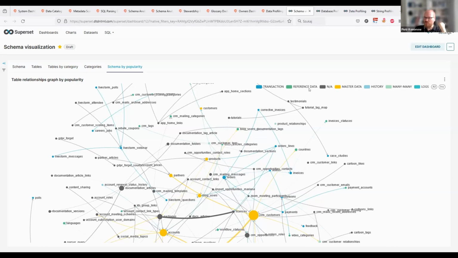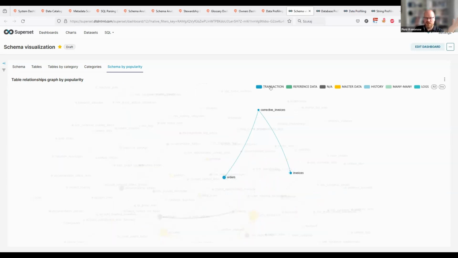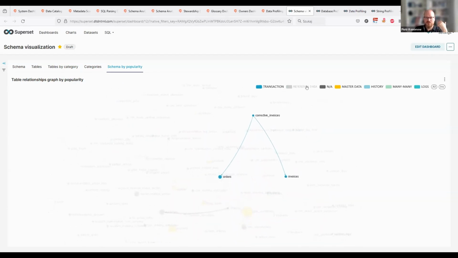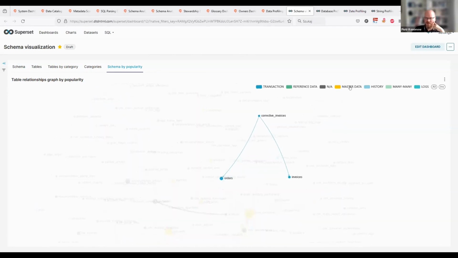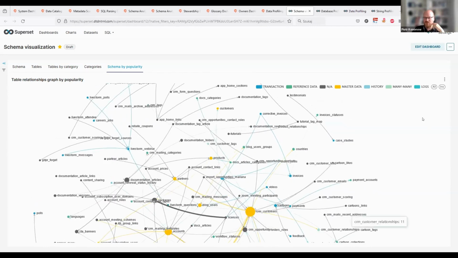Not all the tables are equal, right? There are some transactional tables. There is some reference data, like simple lookups. There is some master data, so your customers, employees, and so on. History tables, and a number of different types of tables.